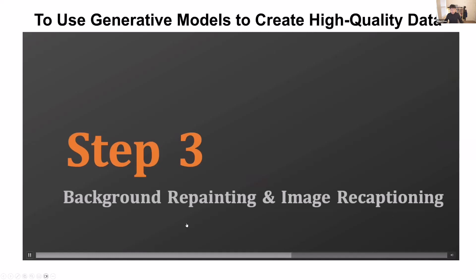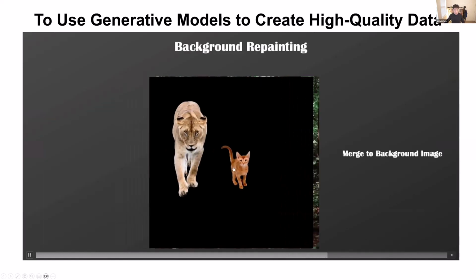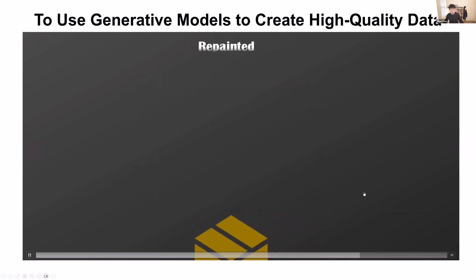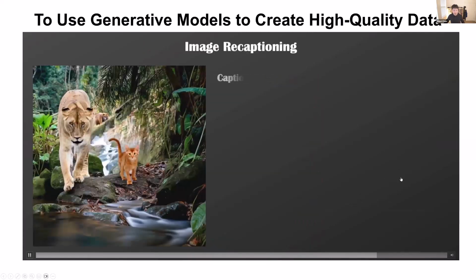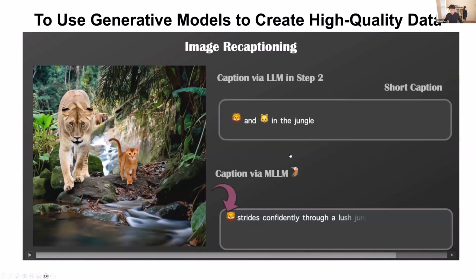So after we have this scene, we can compose this background with our objects together and use a generative model to generate this image. And finally, we can use a language model or visual language model to create a very precise caption for this particular